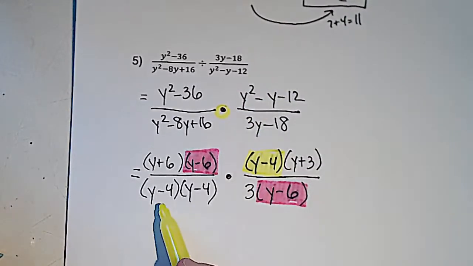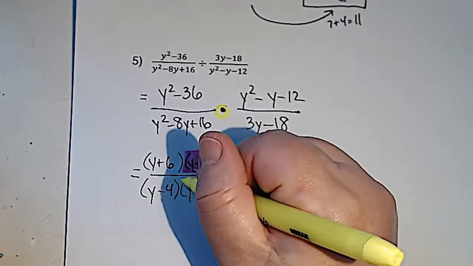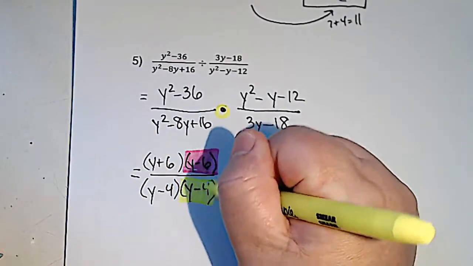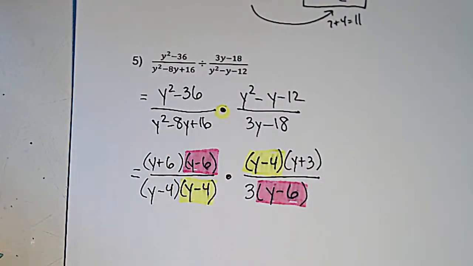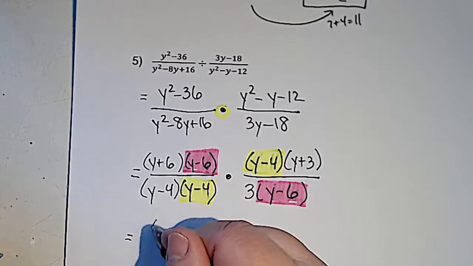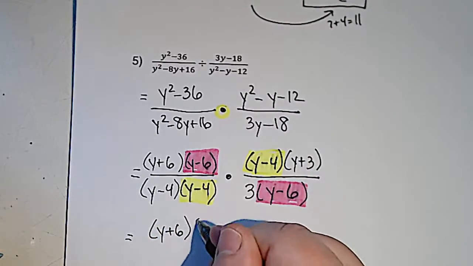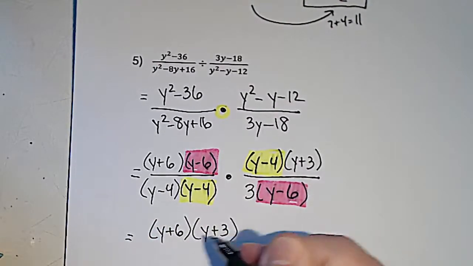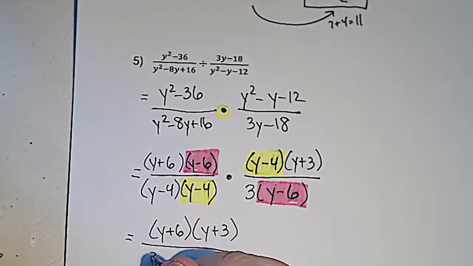And then you might ask yourself, which one of these should I choose? It's whichever one you feel like. I want to cancel that one. I know a lot of you are like, no, cancel the other one. Fine, cancel the other one. Okay, so those two cancel, these two cancel. And I think what I get is y plus 6 times y plus 3 all over 3 times the quantity